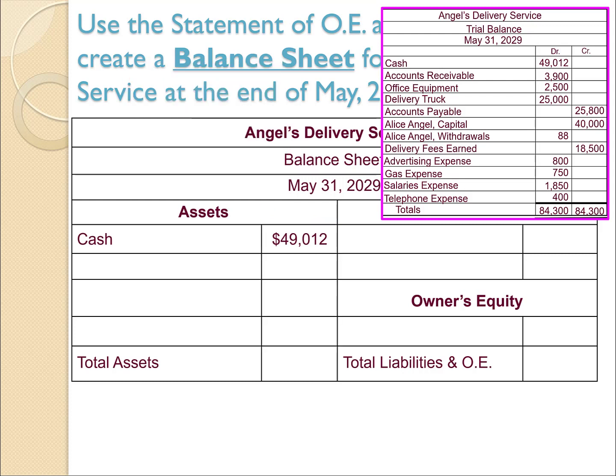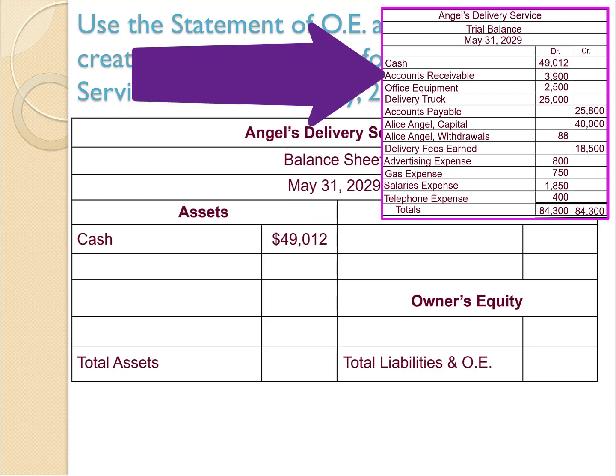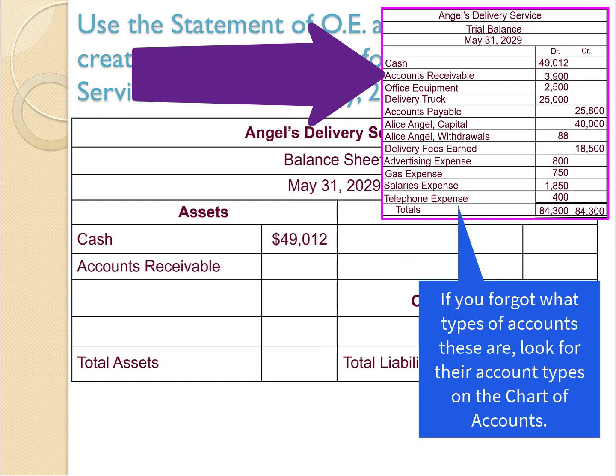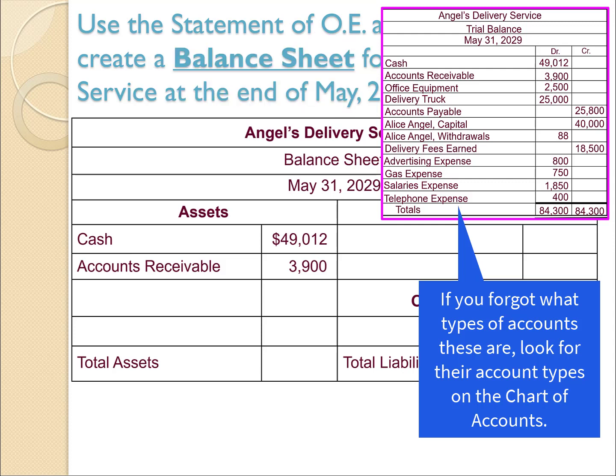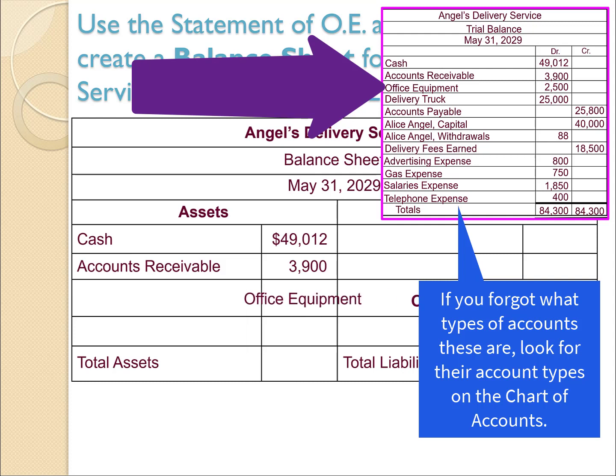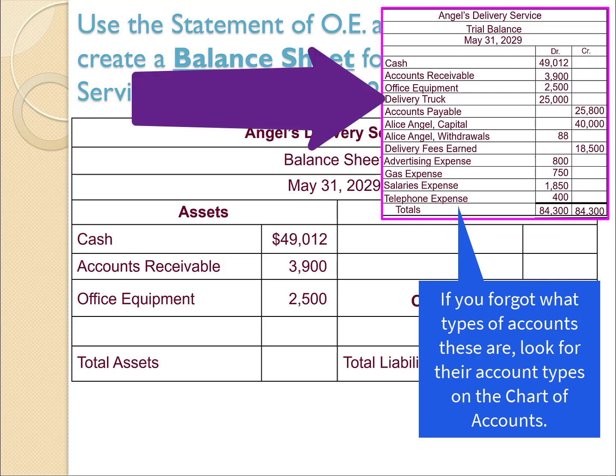What's the next asset from the trial balance? It's AR, accounts receivable. And what's the balance? $3,900. And what is the next asset on the trial balance? It's office equipment with a balance of $2,500. And our last asset, the delivery truck,